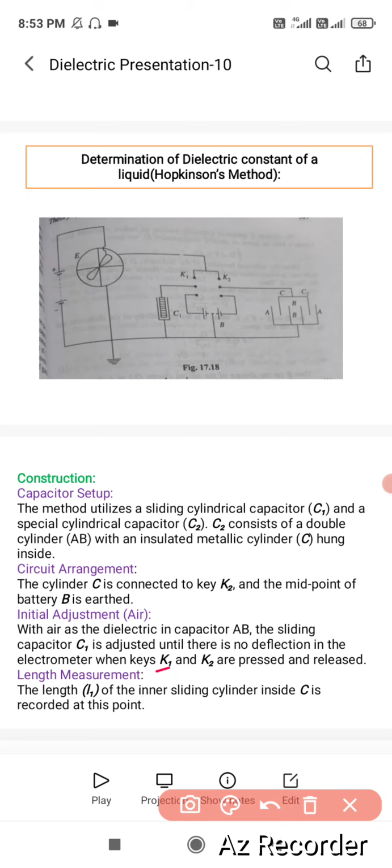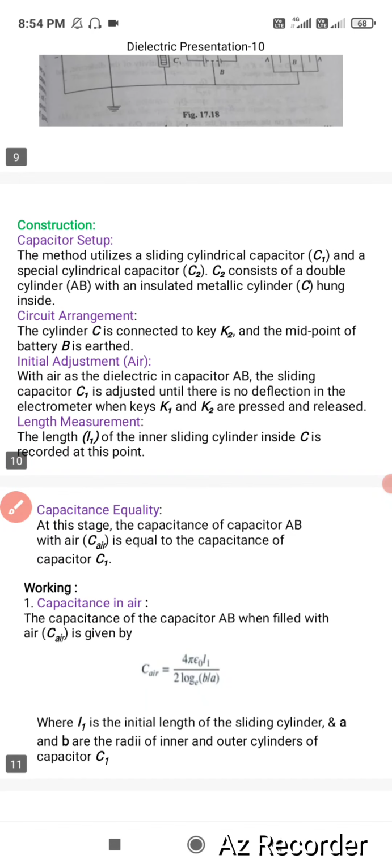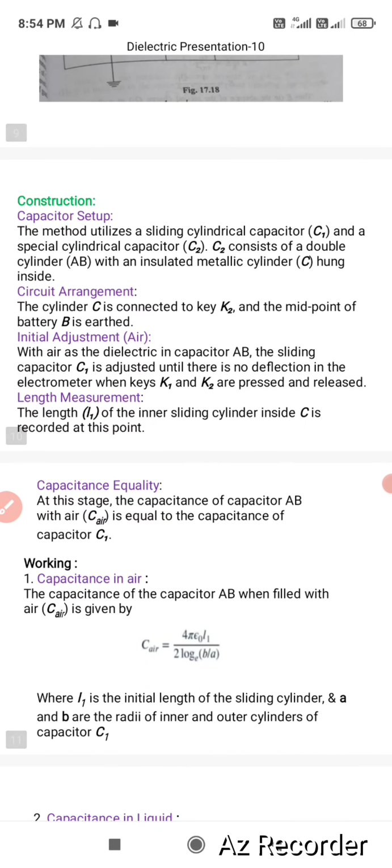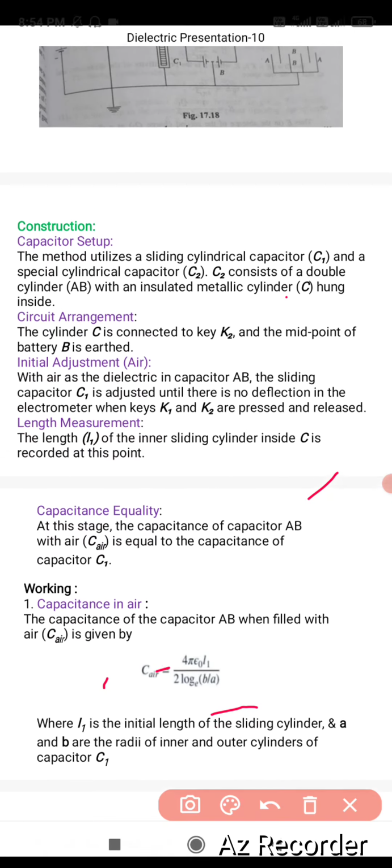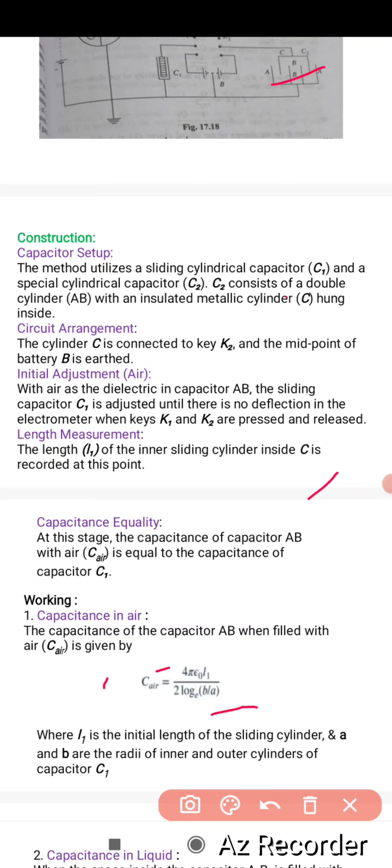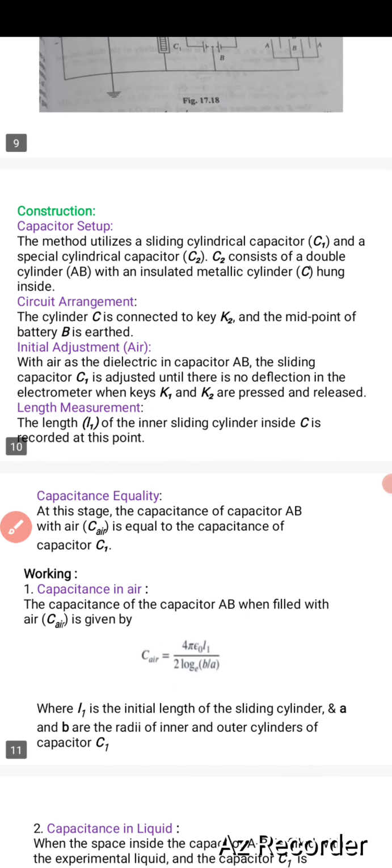Next, length measurement: L1, the inner length of the cylinder C, is recorded at this point. Capacitance equality at this stage: the capacitance of AB with air is equal to the capacitance of C1. So, working in air,